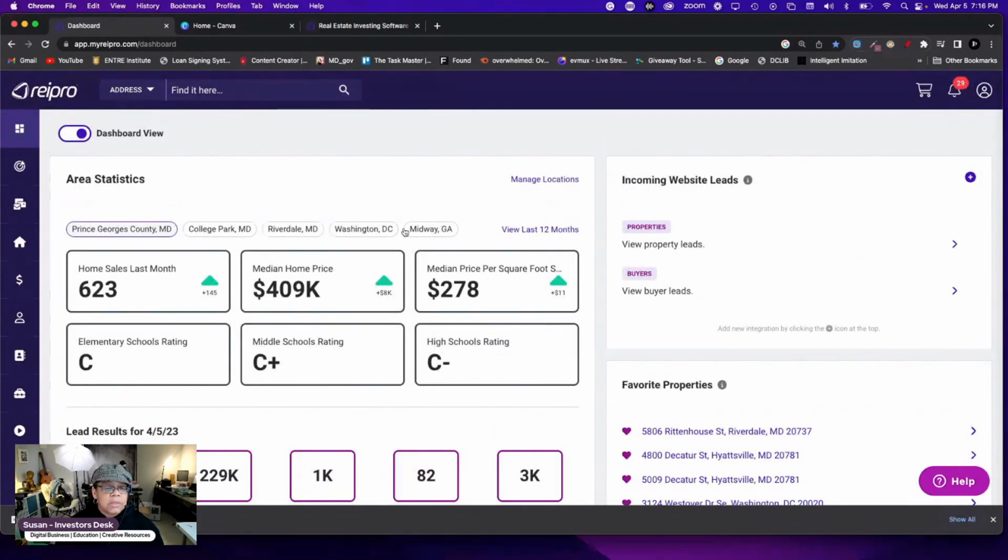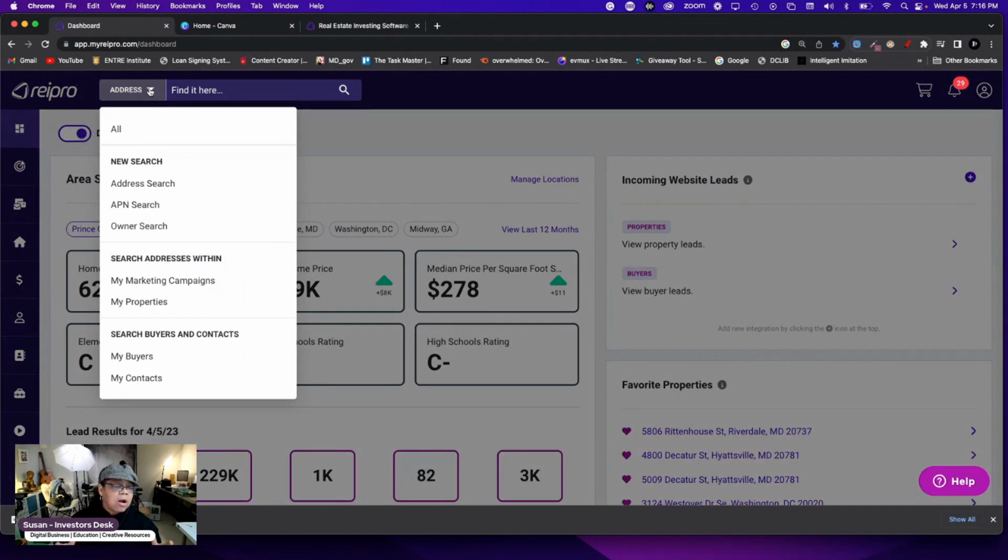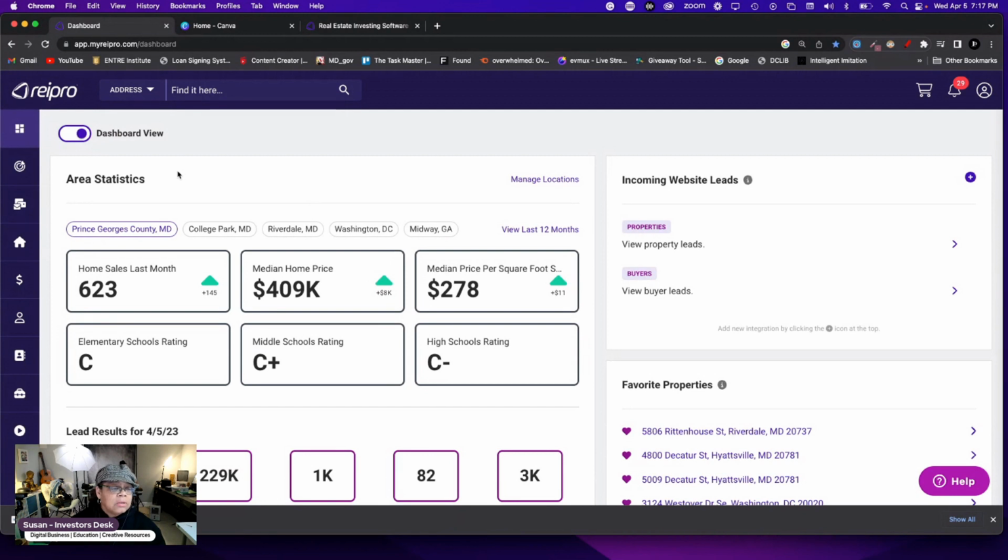So now let's go back up to the top, and over here you have your addresses. Now there are several different ways to get leads. If you went driving for dollars or cruising for cash, you could be writing down addresses or recording addresses, and then you just pop them in through an address search. You can also do it through the assessor's parcel number, which is the APN, and or the owner's name if you know the owner's name. So let's just go and do a quick search of an address. So it's already set up. Let's say I want to do